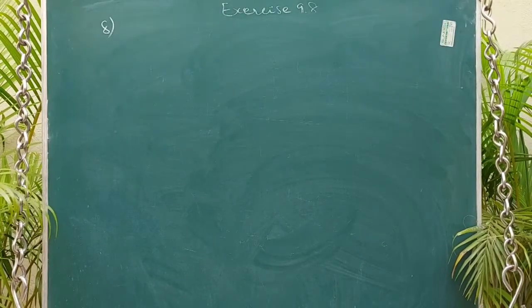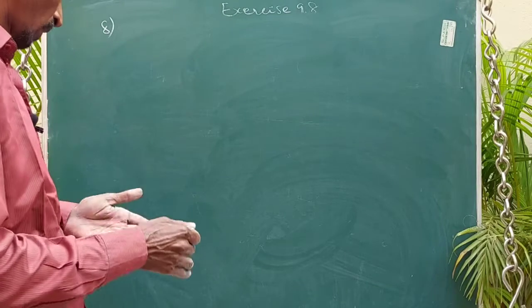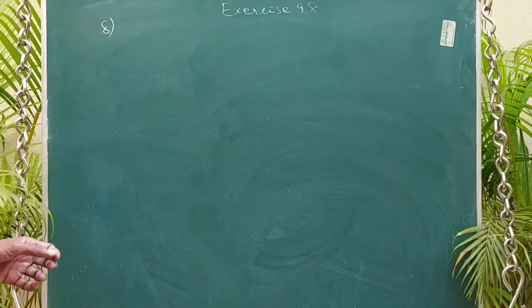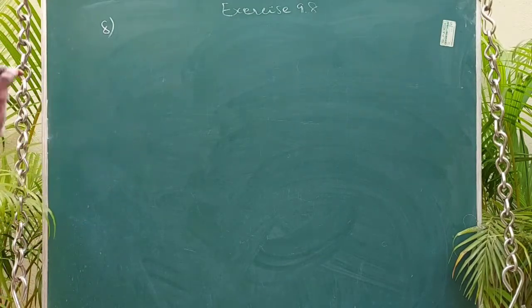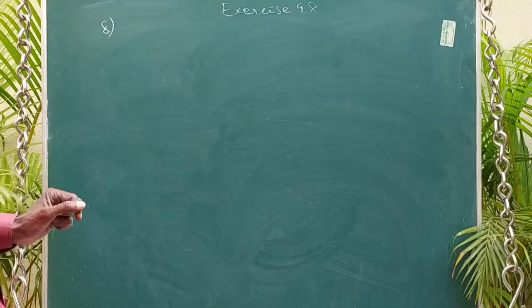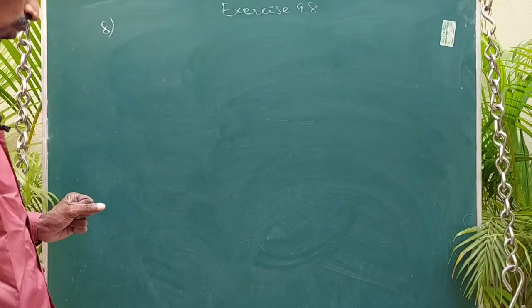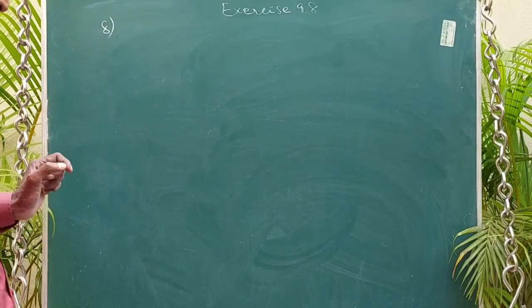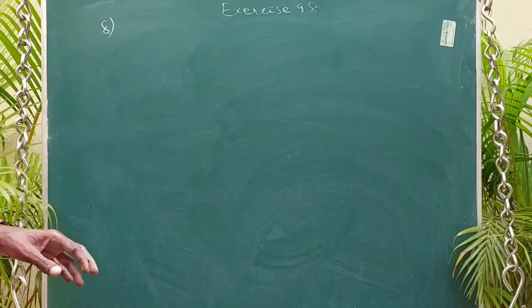So question number 8 in exercise 9.8 is a very interesting problem. It looks difficult but is a very simple problem. Father of the family wishes to divide his square field bounded by x equal to 0, x equal to 4, y equal to 4 and y equal to 0 along the curves y square equal to 4x and x square equal to 4y into 3 equal parts for his wife, daughter and son. Is it possible to divide? If so, find the area to be divided among them.